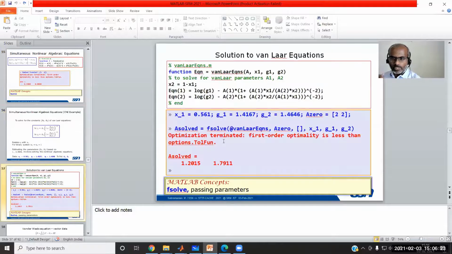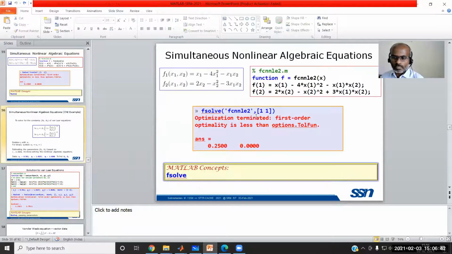Say for example, how I have done this. For fsolve, it will ask for the function file and the initial guess value. Additionally, I am also giving other things like x1, g1, g2. You may ask what is the need for that. Let us check.